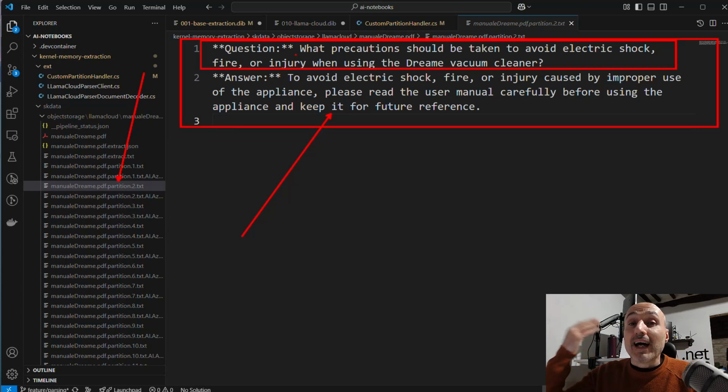So write another text handler that knows that each partition is made in this specific structure. Look for the ** answer, split the string, and calculate the vector only for the question part. So as you can see, kernel memory is very, very flexible and lets you do a lot of small personalization